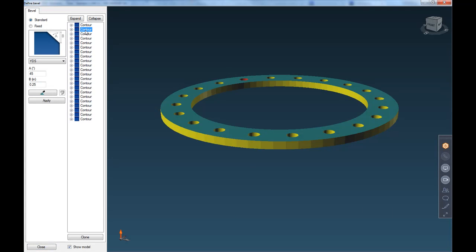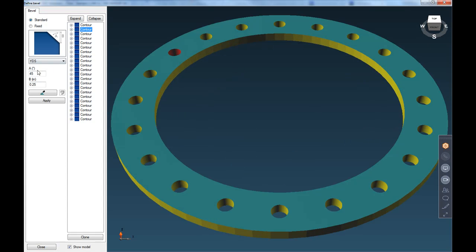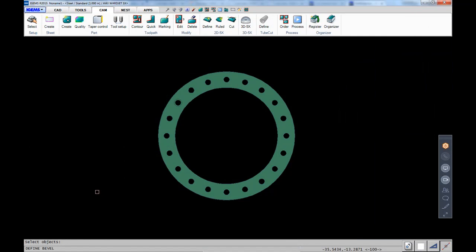and then you can just click on one of these bolt holes and then specify whatever angle that you want to put on there. Click on apply, and then click on this clone button down here, and that'll bring us back into here. So right now it says select objects, so I can click and select that,